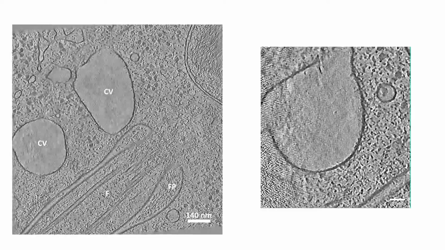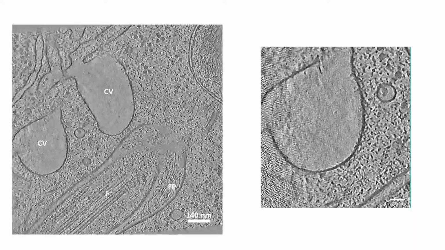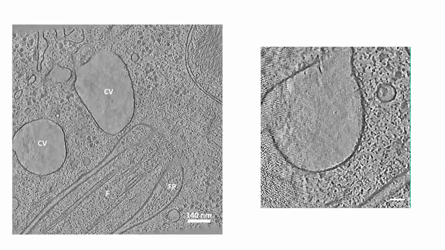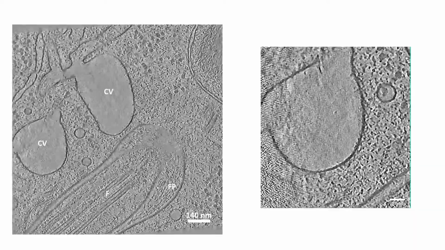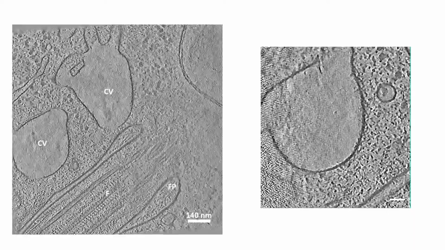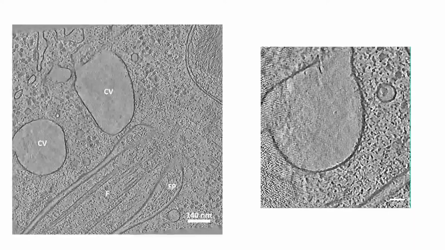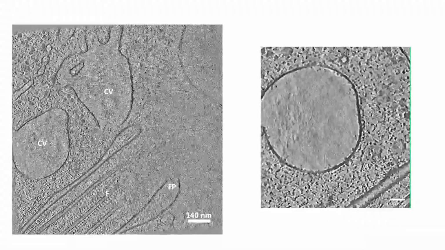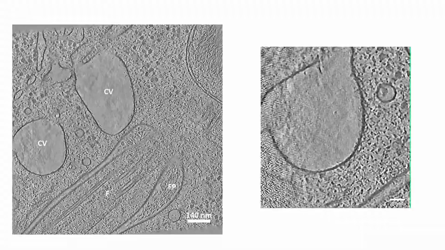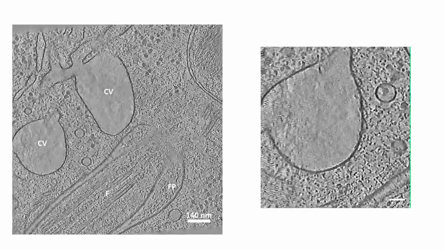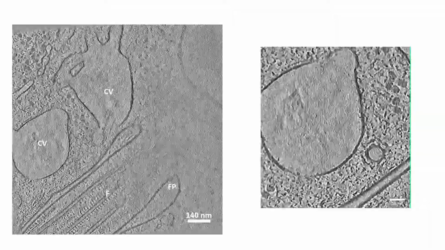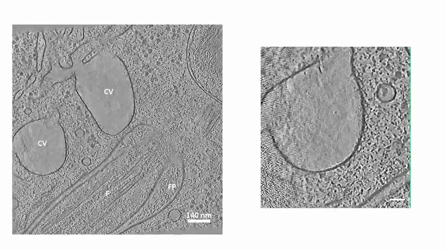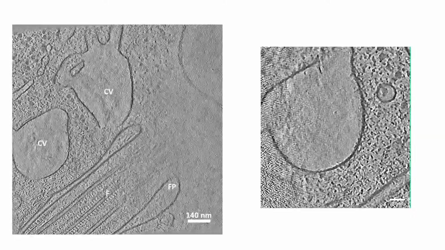And also in the region of the contractile vacuole, we could see some densities at the membrane, like a coat that makes waves. So in this other movie here, I don't know if you can see, but we can see some waves on the membrane of the contractile vacuole